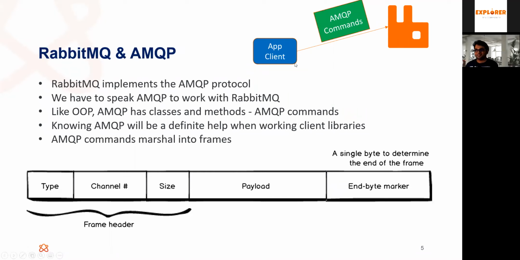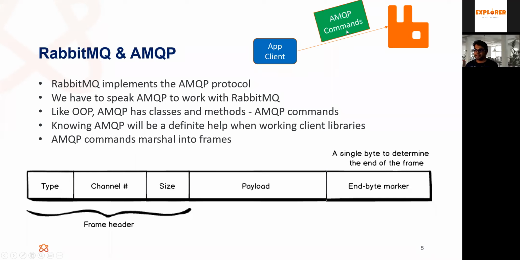The interesting thing with AMQP is that it is like OOP. Internally it is a bit different, but the specification is provided like OOP. There are classes and methods, so we call them AMQP commands. We have to send those methods, and then it will return back.